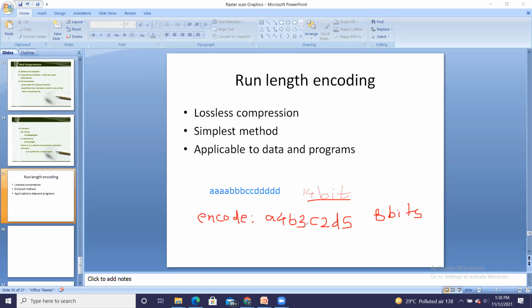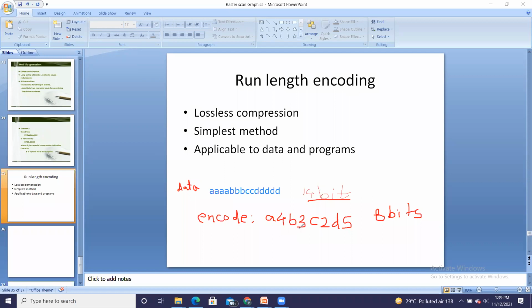So 1, 2, 3, 4, 5, 6, 7, 8. Only 8 bits are required to store this string. So this is how, after encoding, you are going to compress the string. Right? All of you are getting this. So in terms of data, it is acting like this. This is the example of data encoding.